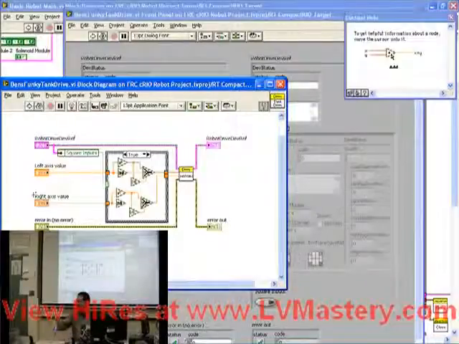Okay? Yes, sir? Back to the same question. If you can go back to the block diagram. The robot